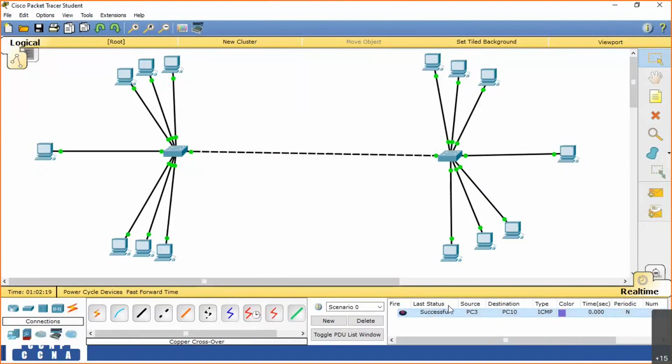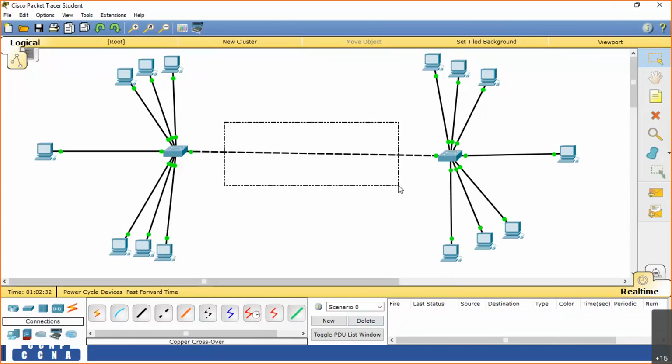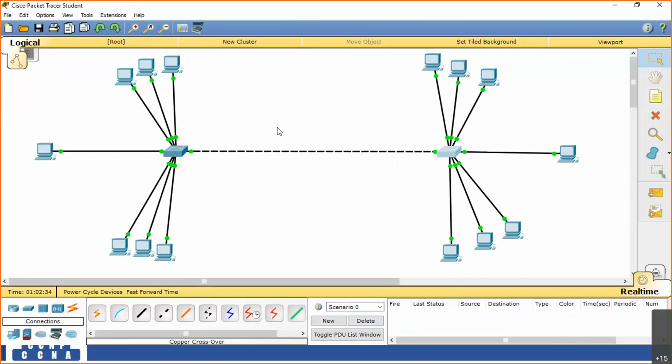It's successful. But when you communicate from VLAN 10 to VLAN 10, it failed. VLAN 20 to VLAN 20, it failed. Why? Because this link will not allow multiple VLAN traffic by default. Then when this link should allow the multiple VLAN traffic,